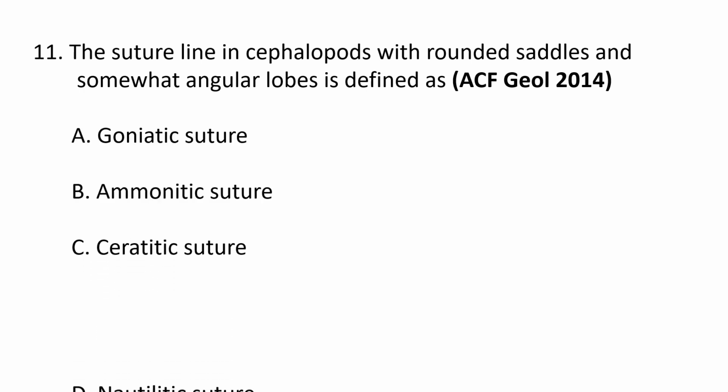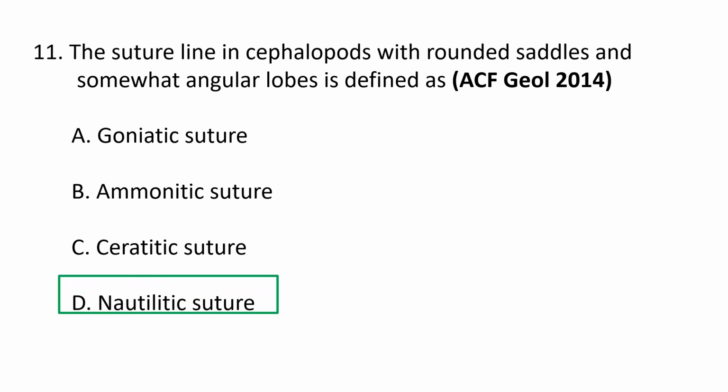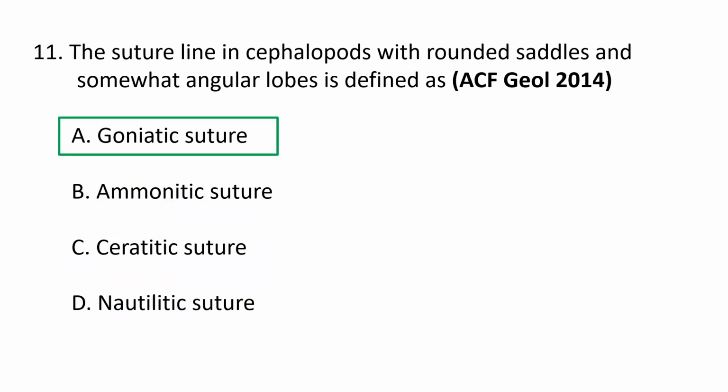A. Goniatitic suture, B. Ammonitic suture, C. Serratitic suture, D. Nautilitic suture. So the correct option is A. Goniatitic suture. The typical goniatite has a suture with smooth saddles and lobes, which gives the name goniatitic to